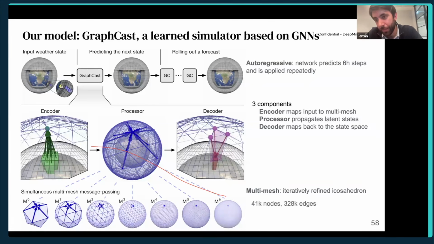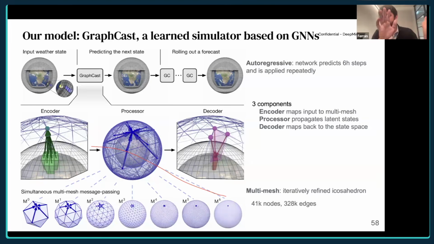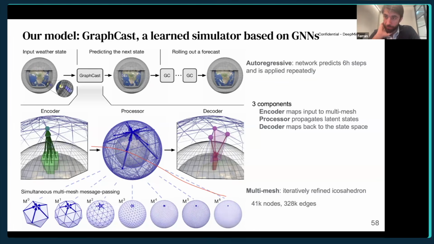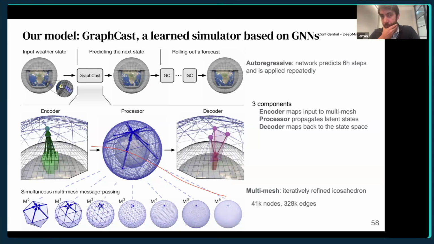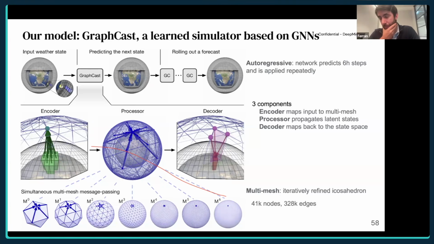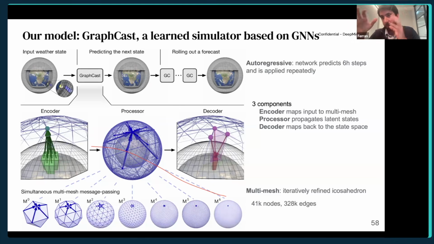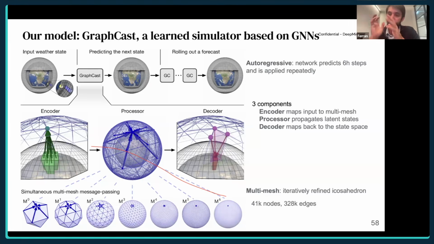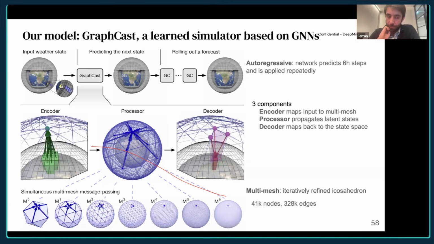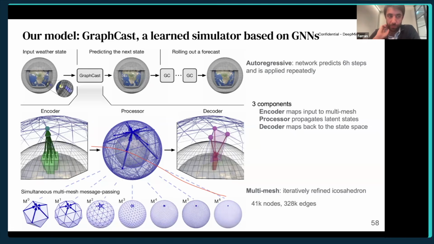So there are teams at Google that work on control outside of the weather team. The weather team does not work on control, but there are teams on robotics and reinforcement learning and this type of thing that do some type of control. For instance, the work that comes to mind that's still related to science is the fusion team. I think they had to model how to control tokamak plasma, and I think they were learning neural networks and using some of that. So maybe some of this work can be related.